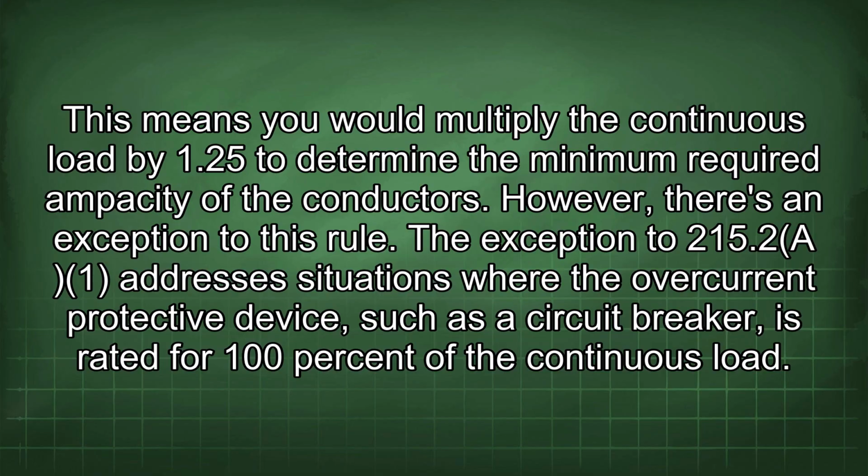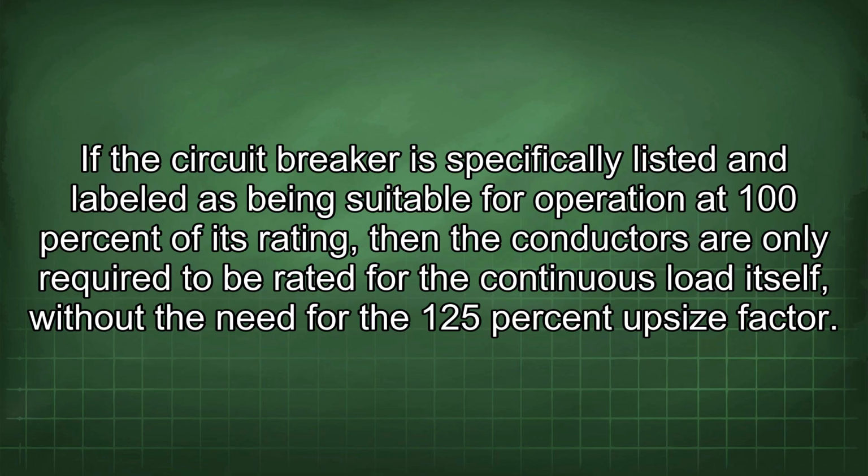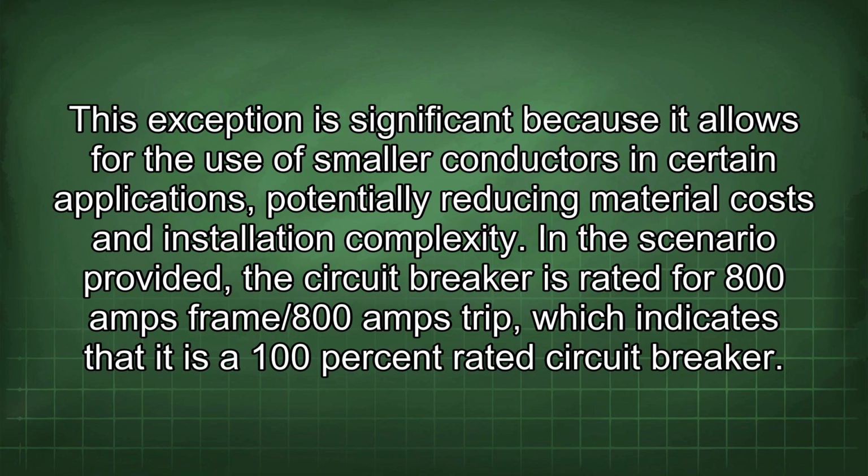The exception to 215.2(A) addresses situations where the overcurrent protective device, such as a circuit breaker, is rated for 100% of the continuous load. If the circuit breaker is specifically listed and labeled as being suitable for operation at 100% of its rating, then the conductors are only required to be rated for the continuous load itself, without the need for the 125% upsize factor. This exception is significant because it allows for the use of smaller conductors in certain applications, potentially reducing material costs